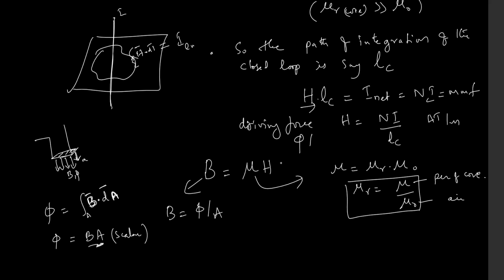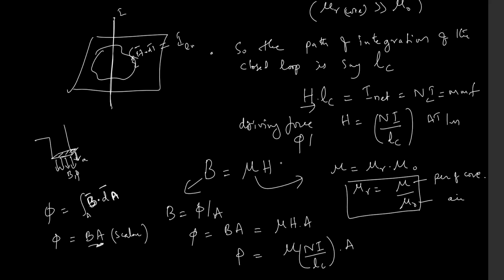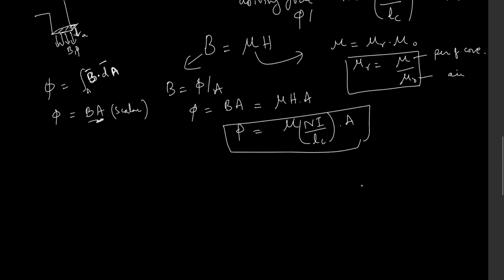So I can say that this flux is equal to B into A, which is equal to mu H into A, and H again I can write in terms of this one, N I by Lc into A. This is the flux in the core, right? So in other words, this can be